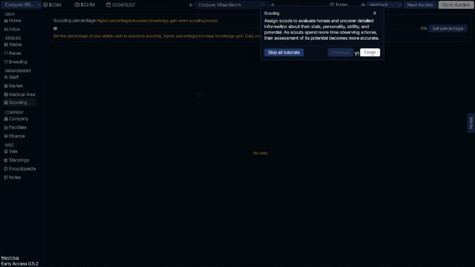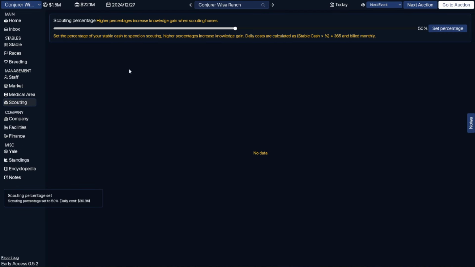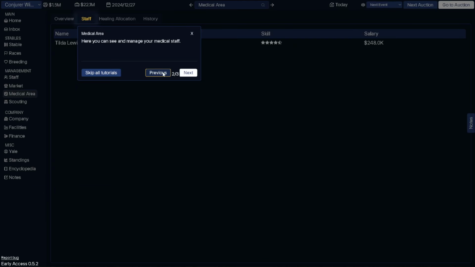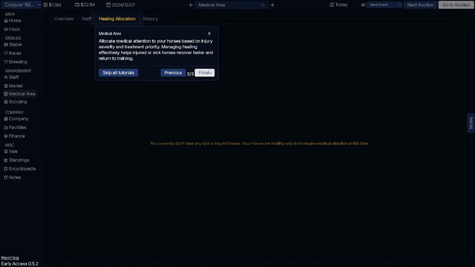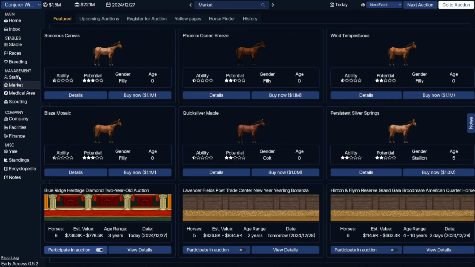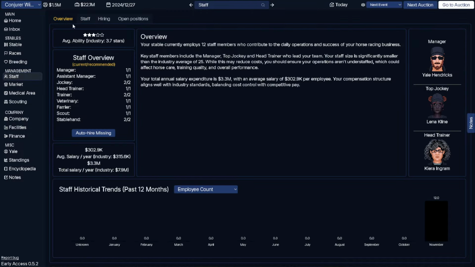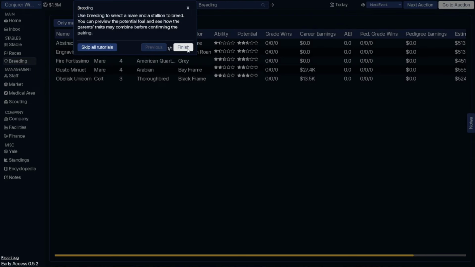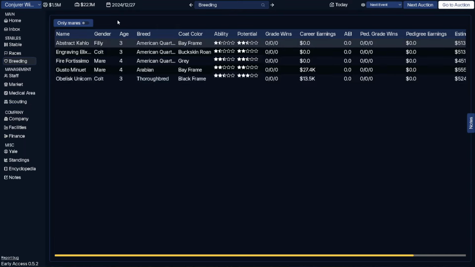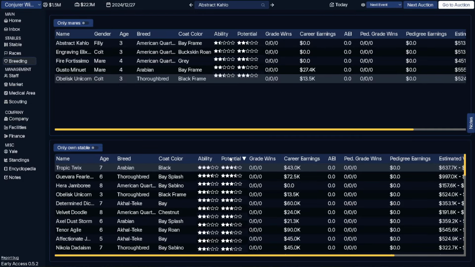Yeah, there's a lot here. We can assign scouts. We might as well just... Let's get 50% scouting. You can see here the medical statement. We don't really need to worry too much about that right now. We've been to the auction. We bought a horse. Or we put bids on our horses anyway. We've got our staff all set up. And then in breeding, we can decide to try and breed our horses. So we can say